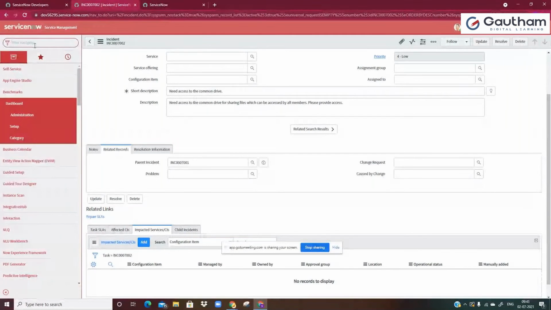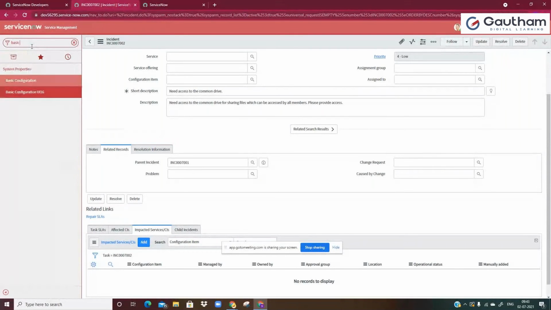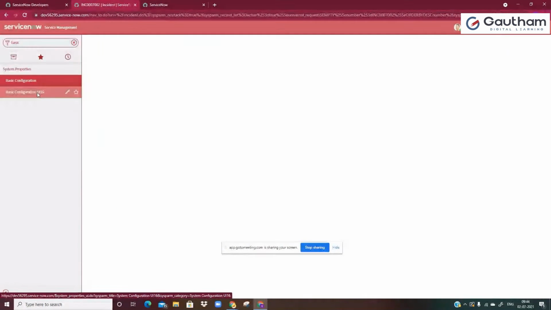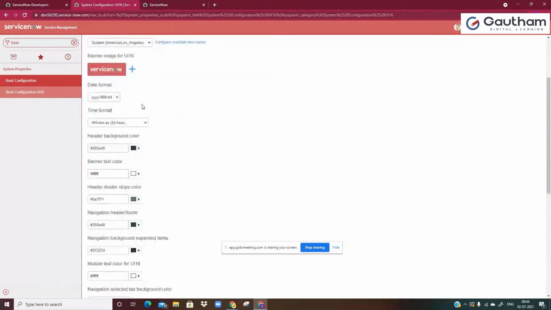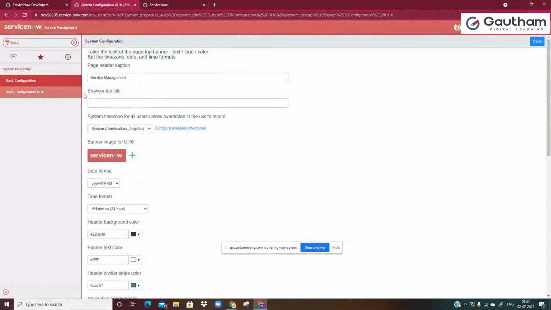So, as I told you, we were about to talk about basic configuration. That is how we jumped into the settings and UI. So, get back to basic configuration. You go to basic configuration UI 16. There it opens up a page. All these are really self explanatory. You do not have to worry much about memorizing anything. So, you go here and you can update,